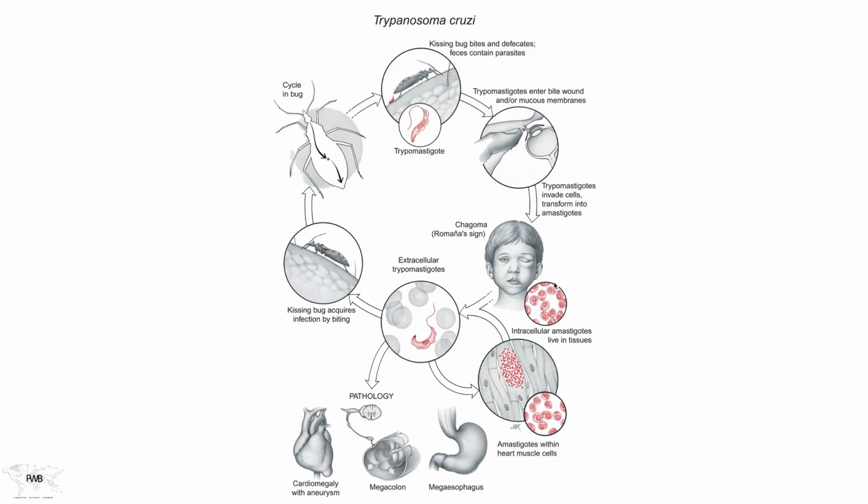So this parasite then replicates in cells. It destroys that cell. It then moves to another cell and another cell and another cell. But if it really wants to distribute itself throughout the body and invade a variety of cells, this is not the best way to do it. The best way to do it is to revert back to a trypomastigote stage, re-enter the blood supply, travel to another portion of the body, penetrate another cell type, and begin this amastigote stage again somewhere else. So the parasite hops, skips, and jumps through our tissues.